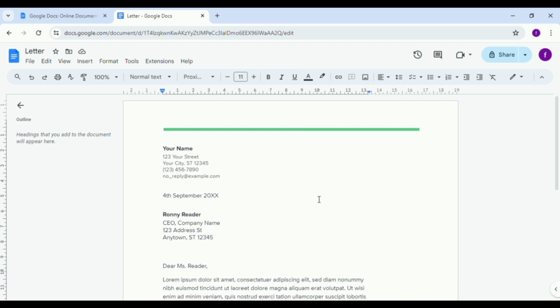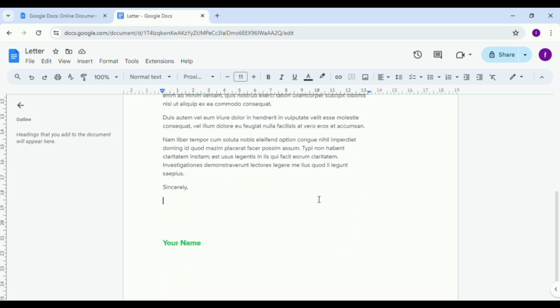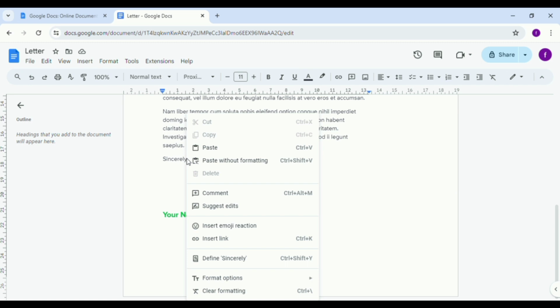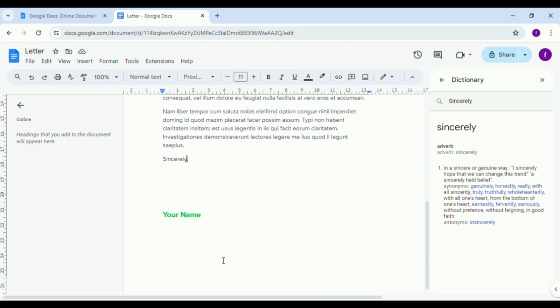To start, open any document that you want. Now select the word that you want to do synonyms. For example, this word, just select that and then right click on your mouse. After that, you can see define. Just tap on that. It will then automatically define the word, and then you can see right here the synonyms